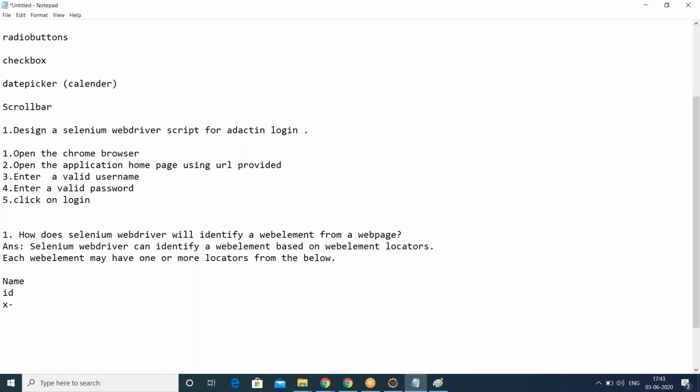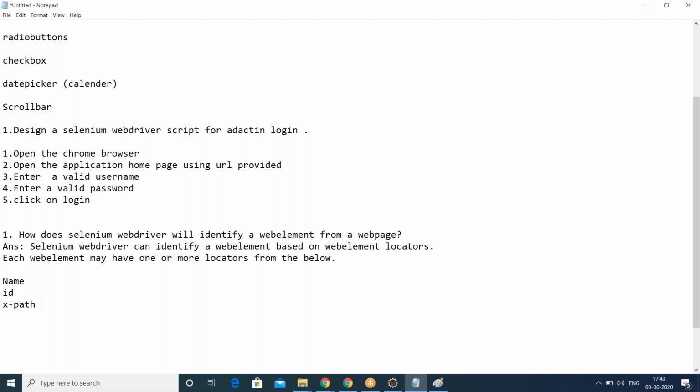XPath will be there for every web element, guys. So name, ID, XPath. Some web elements may have name, some may have ID, but XPath will be there for each and every web element.